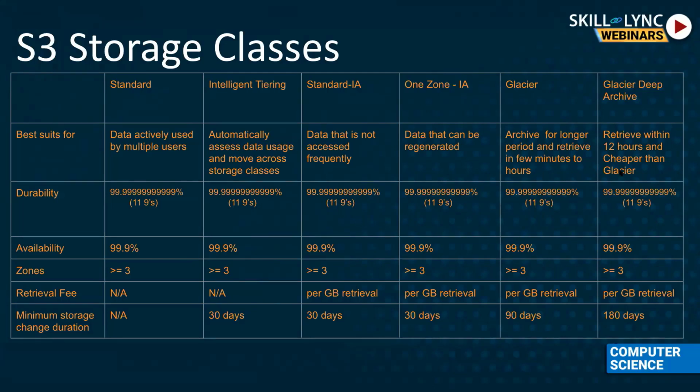And we have Glacier and Glacier Deep Archive. These two services are used for archiving data. Let's say in our bank application, the bank has to store customer data for maybe 10 years or 20 years depending on their policies, but not everyone will go and look for transactions from 10 years before. Due to some reason, banks have to store all this data. So in that case, we move all our old data to Glacier or Glacier Deep Archive storage to save on storage costs.